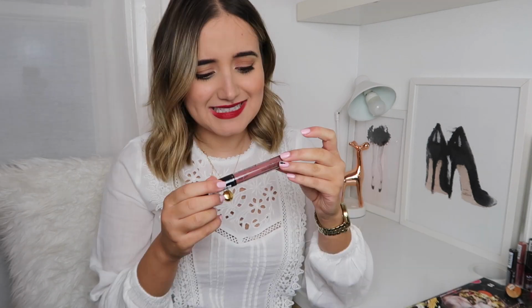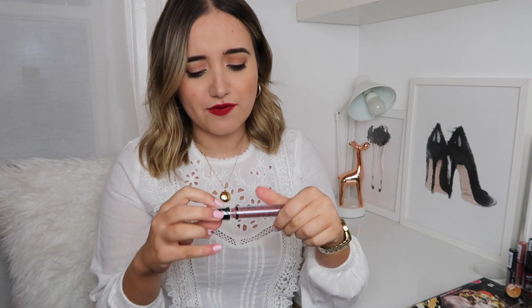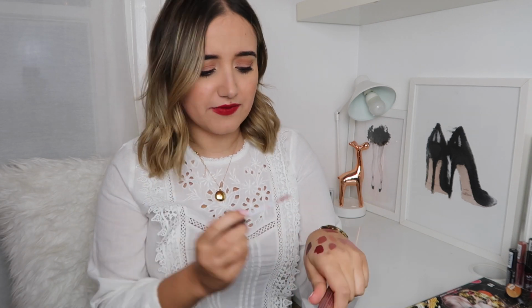Then on to door 10. This is another lingerie one. Oh, earlier I said it's in the colour Liply, but it's not. The first one was in the colour 17 and this one's in the colour 8. I actually do think I've got this. It is called Bedtime Flirt. This is again 100% a colour I would wear. It's a really beautiful nude. It is a little bit on the cool side for me, if I'm honest,